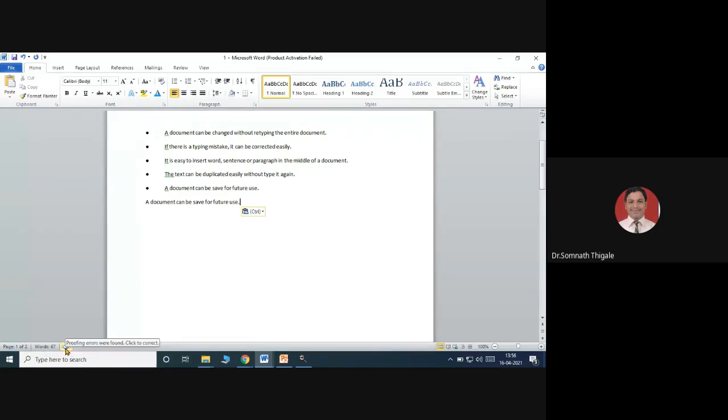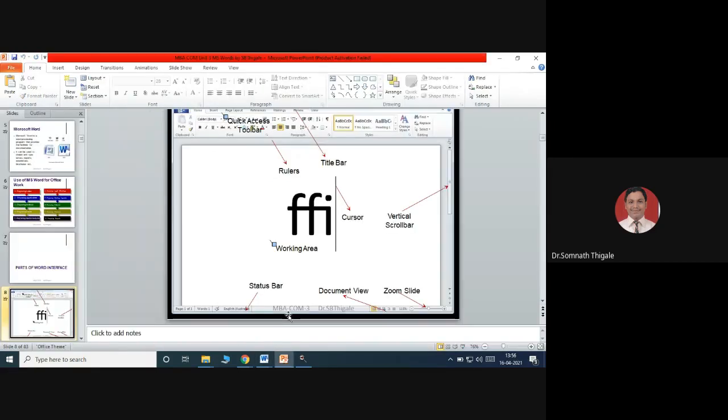This is proofing errors. If you just check here, if any point is there where you want to do the correction, auto correction, that proofreading concept will be there. I'll just say ignore once. This is the background. Okay, then while you are working with this, the blinking color that I told you about was the cursor.